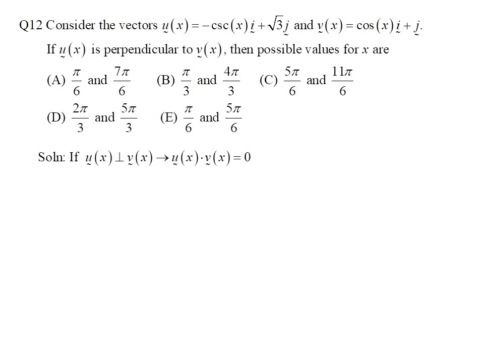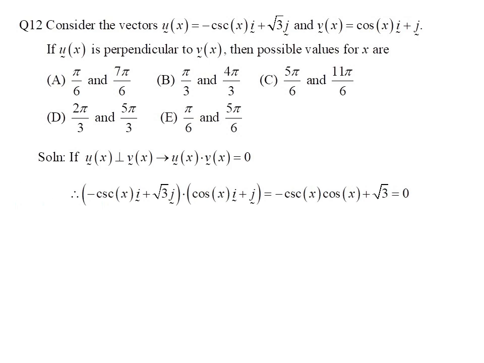Since vector u of x is perpendicular to vector v of x, vector u of x dot product vector v of x equals 0. Hence, (negative cosecant x i plus square root 3 j) dot product (cosine x i plus j)